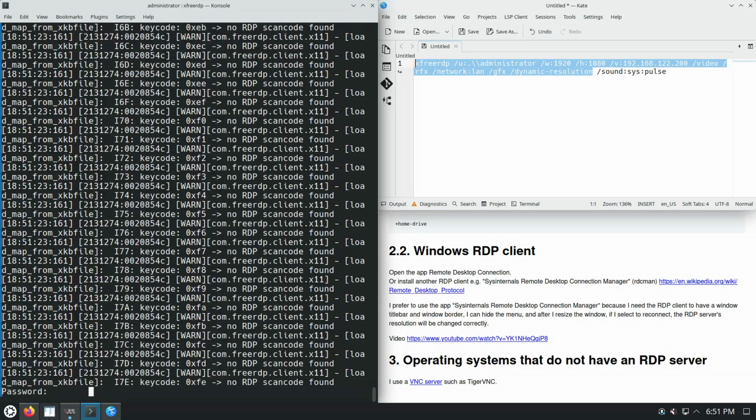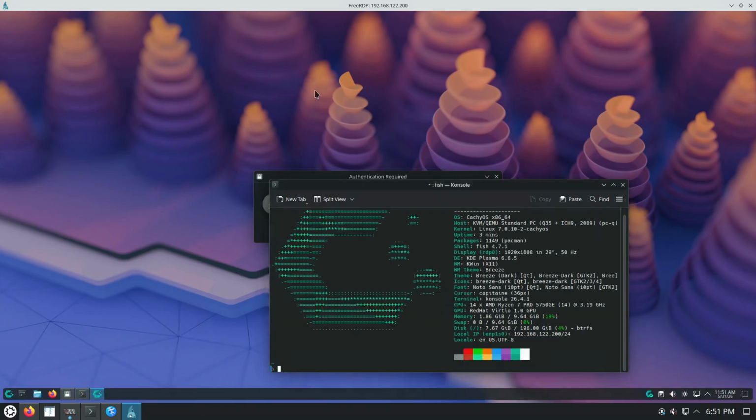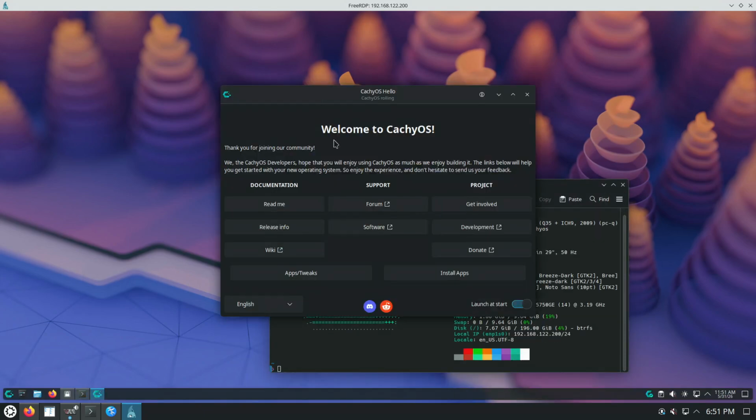Asks for the password of the user administrator. Do we trust the certificate? Yes, we do. And everything just worked. Fortunately,